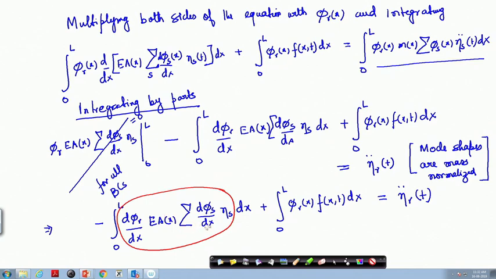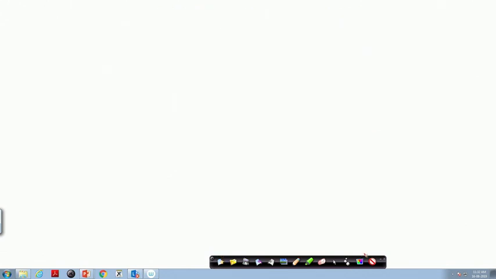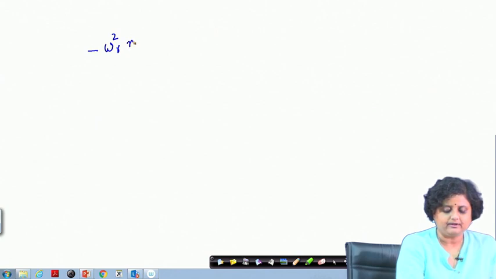Every term in this summation is going to go to 0 except that term where r is equal to s. For that term, we have seen that this whole thing is going to become equal to omega r square. Therefore, the equation will further simplify as minus omega r square eta r t plus